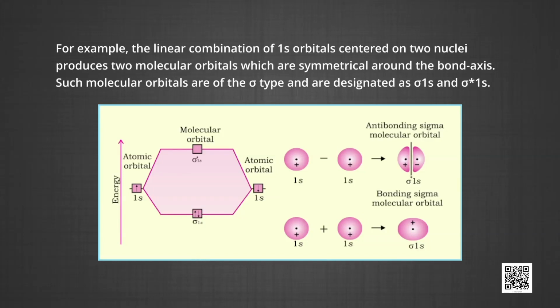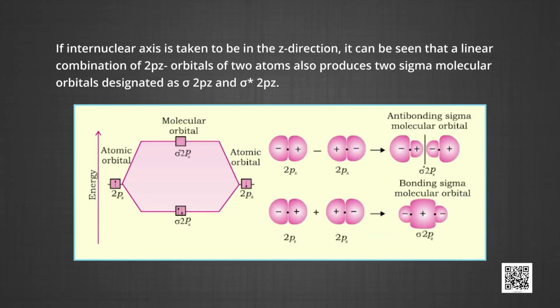Such molecular orbitals are of the sigma type and are designated as sigma 1s and sigma antibonding 1s. The figure will show you, if the internuclear axis is taken to be in the z direction, it can be seen that a linear combination of 2pz orbitals of the two atoms also produces two sigma molecular orbitals,